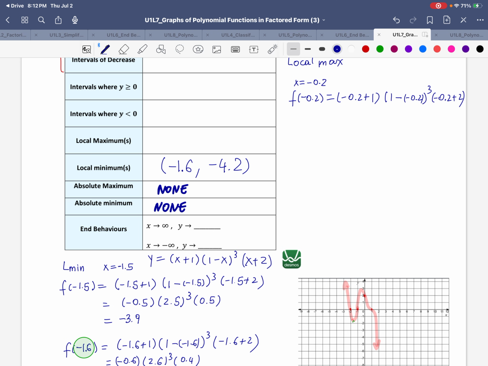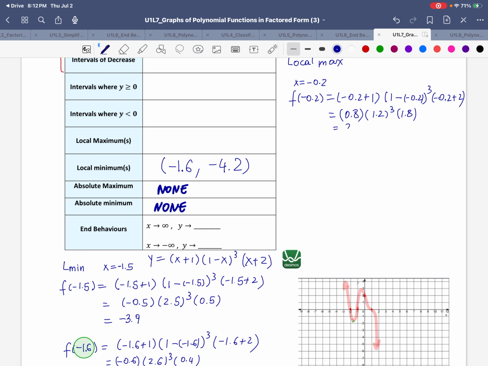That will give 0.8 positive. This is 1.2 to the power of 3, and next we have 1.8. So let's multiply 0.8 by 1.2 to the power of 3, and then by 1.8, and we get 2.48